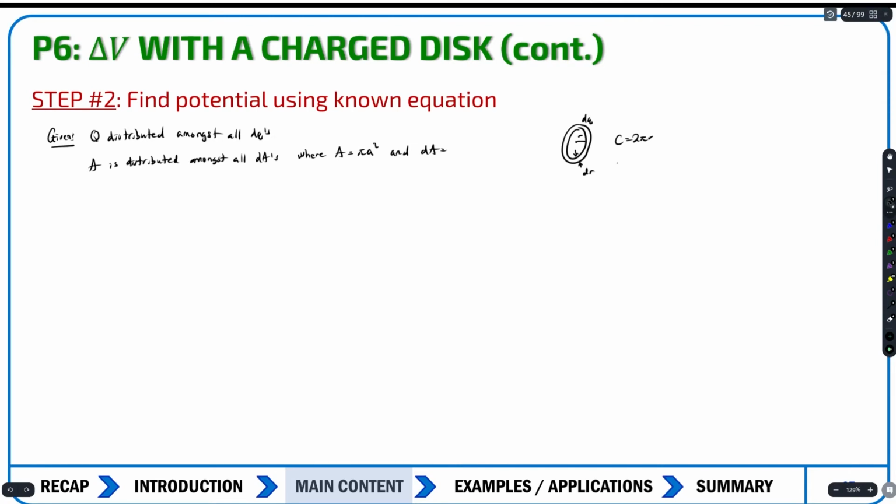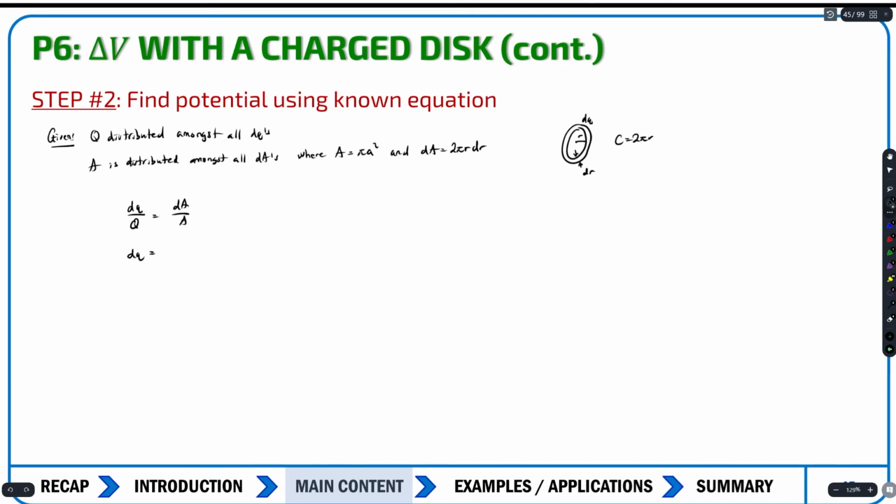So that means my dA is equal to 2 pi r dr, and that's going to be a small surface area. So we're going to equate both of these relationships to try and find some sort of relationship between them. I know dq over Q is going to be equal to dA over A,